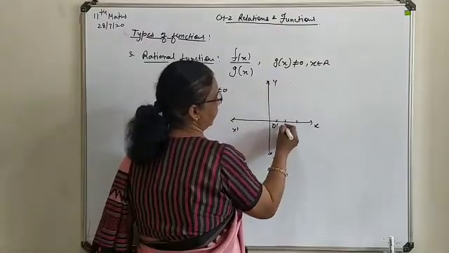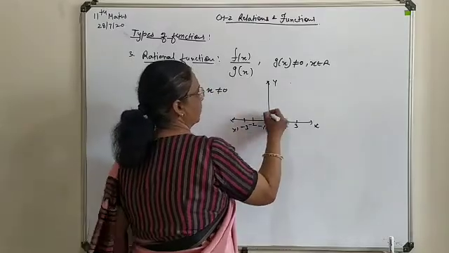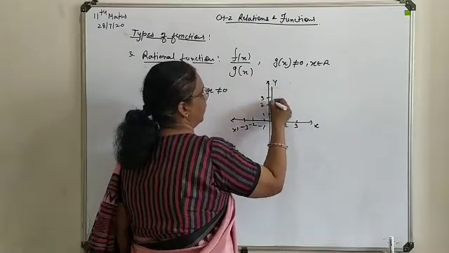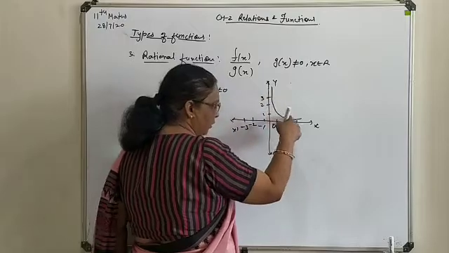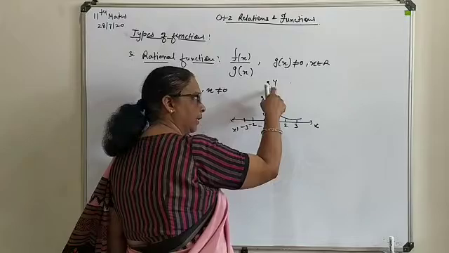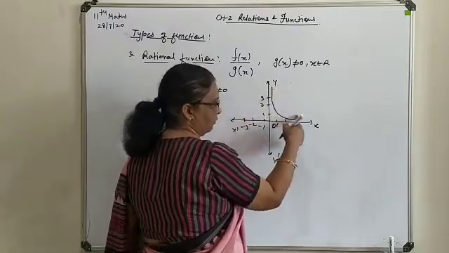One, two, three, four like that. Minus 1, 2, 3. So this way you will have a pattern of a curve this way. It means that as you keep on increasing the value of x, the value of 1 upon x, or y, will keep on decreasing. So this way you will have this downwards curve.